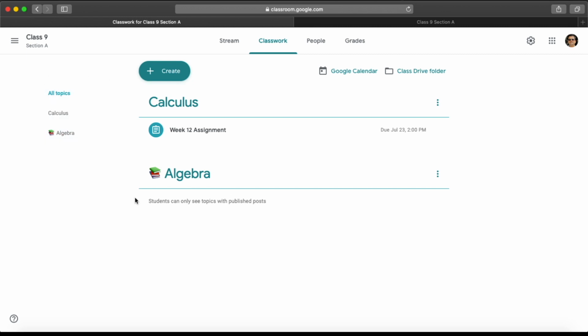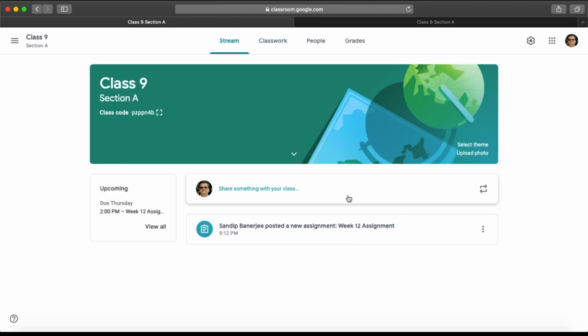So this is all about topic. You can also edit the topic from here if you wanted to rename, delete, or maybe move up or down. Those are the available options. Now, once you add a topic, this will not get populated in stream tab. You cannot see any feed here. So topic is absolutely for your use to organize your class, how you want it to structure, so that your students also can find it very quickly. That's the objective. So that is why this doesn't come here.